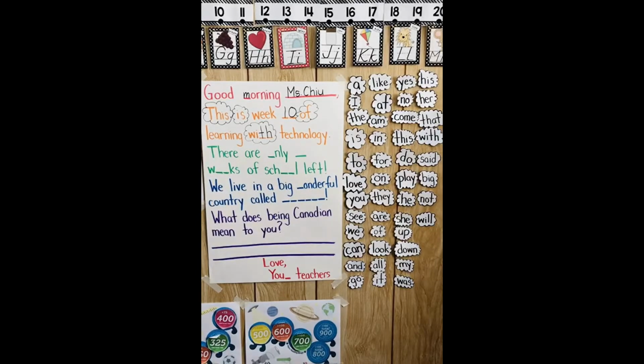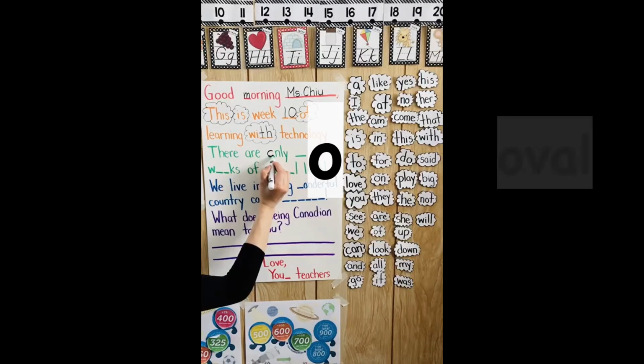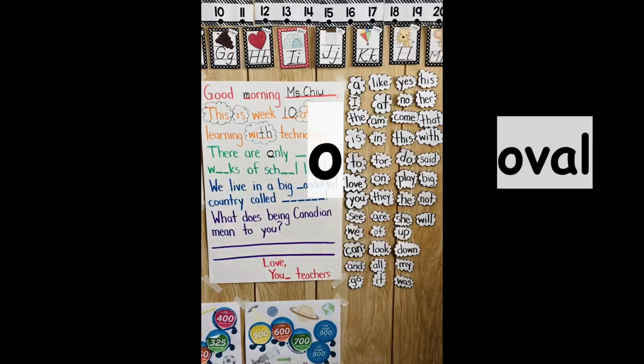Let's start with the green sentence. There are only weeks of school left. That needs lots of fixing. Let's start with the word only. Let's stretch it. Only. We're missing the O sound in the beginning. That's the letter O. Sometimes O makes a O sound, like in oval, or an ah sound, like in the